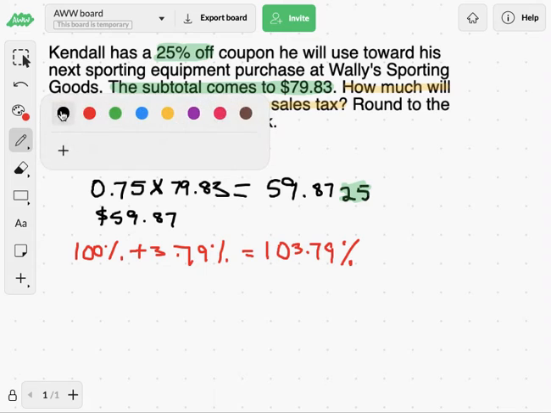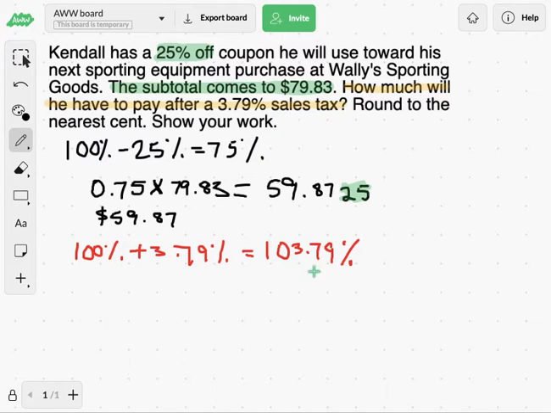So when I go and solve this, what I'm going to use, after I divide 103.79 by 100, is 1.0379 times the new price of $59.87, because that is the discounted price. I can no longer use $79.83. That is not what Kendall is paying. Kendall is going to pay $59.87, and the taxes get applied to that. So from here, when we put this in the calculator, 1.0379 times 59.87,